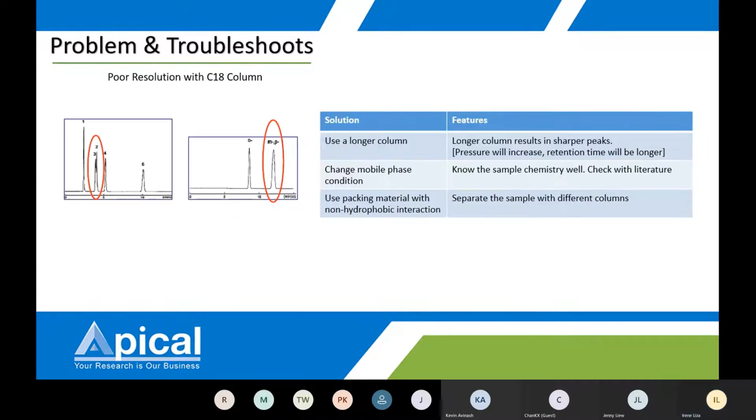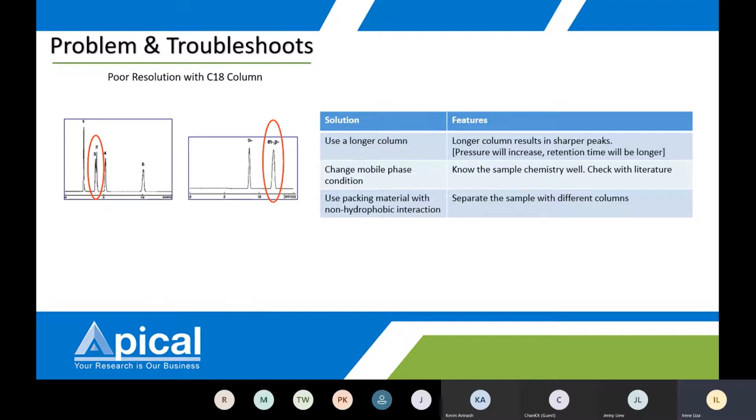Okay. Now, for resolution with C18 column, this is also quite common, when you see that the peaks are very much closer to each other. So like what I've said, if it's much closer, the best way is to look into a longer column. So how do you actually do this? Definitely you need to do a preliminary run to see how it is in C18, the normal column. So in the normal column, if it tends to give this, perhaps you may want to